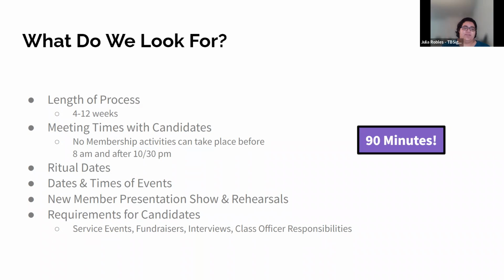The MEP again would contain your ritual dates and times of events, new member presentation shows and rehearsals if you would be doing those, and requirements for candidates, including service events, fundraisers, interviews, and class officer responsibilities. These things would be outlined in your MEP, and along